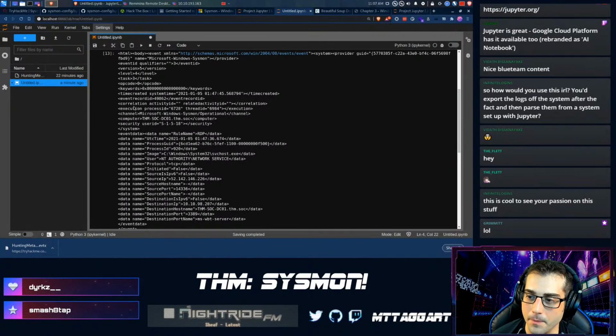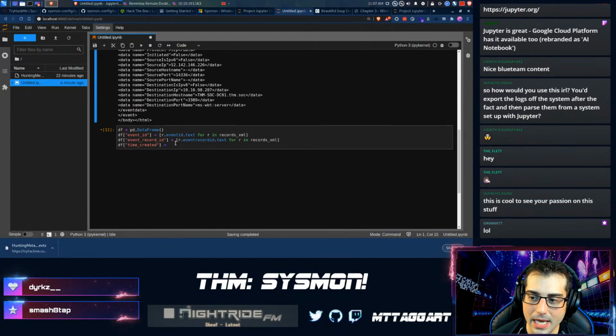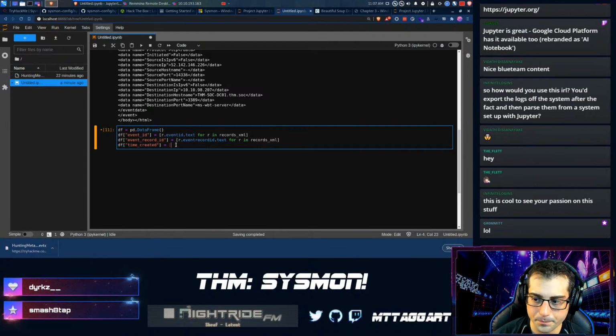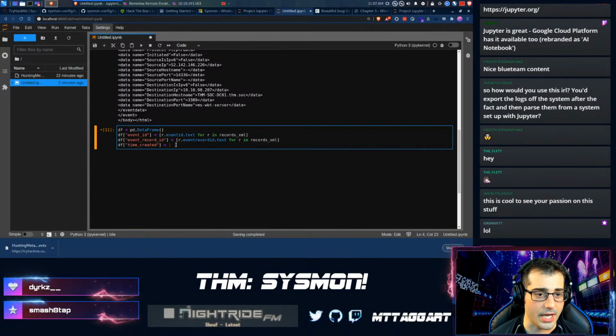So for the time created, it's a little bit different, because you notice that in time created here, the time created is an attribute, which is a little bit funky. Whereas for the event ID, you can see that it's actually the value inside of the XML tag. So to get at that, I'm going to have to do that a little bit differently. Also, I actually want this to be real date time data, which is kind of annoying to do. So luckily, pandas makes that super easy. I can do pd.to_datetime, and we're going to do